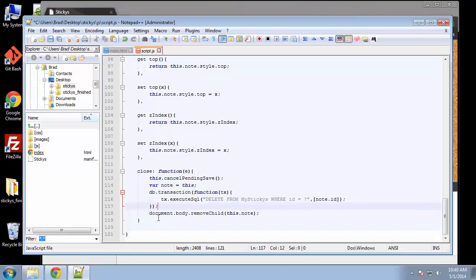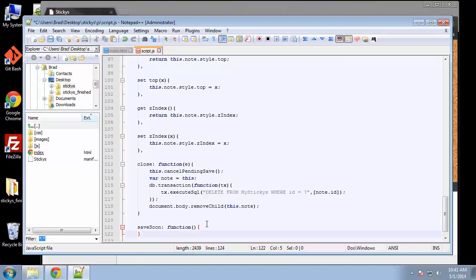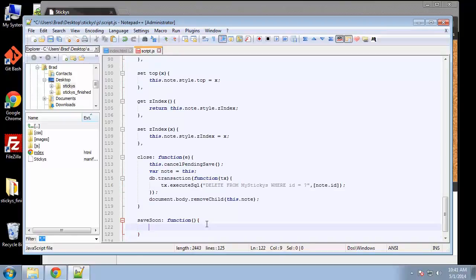So the next function we're going to create is called saveSoon, and basically what this is going to do is call the save function to save the actual note in the database if the user hasn't pressed a key within the last 200 milliseconds, or whatever we specify. So this will be a function, saveSoon, and we're again going to call cancel pending save,